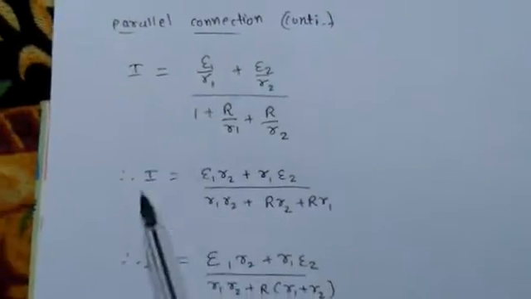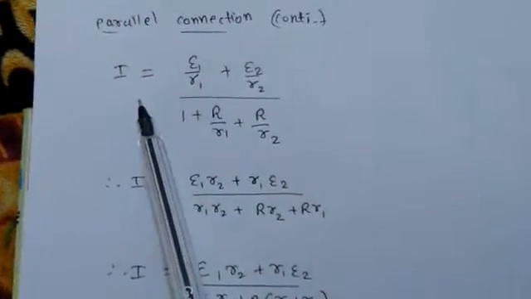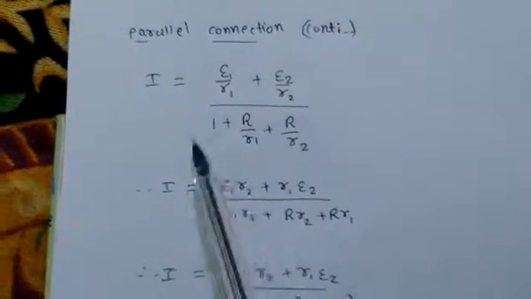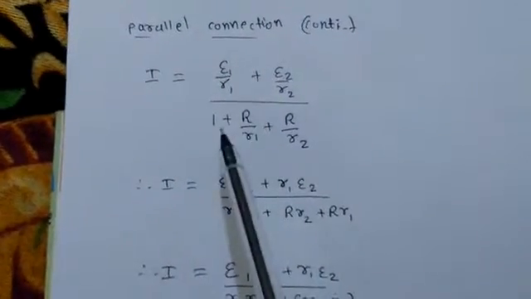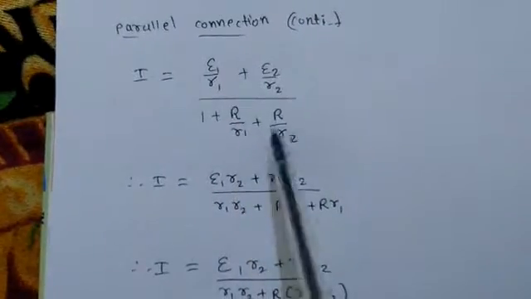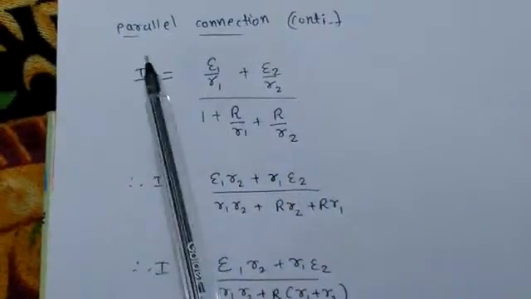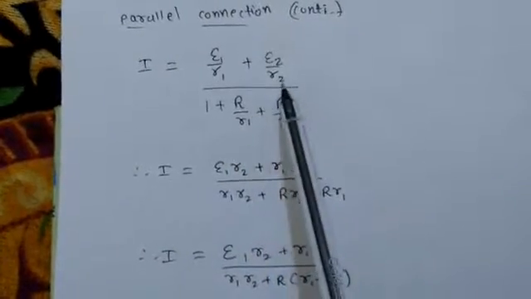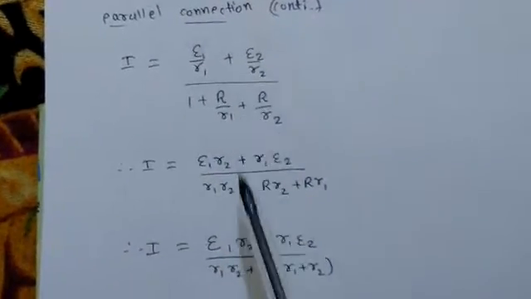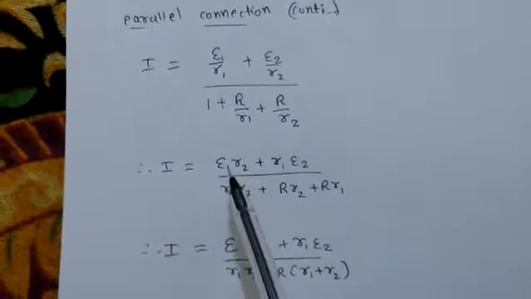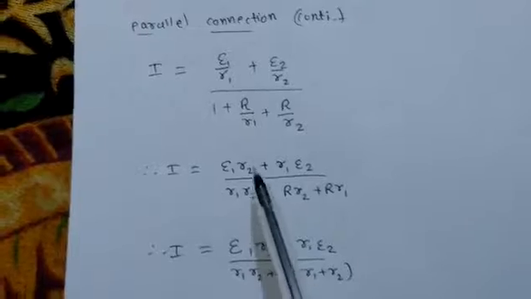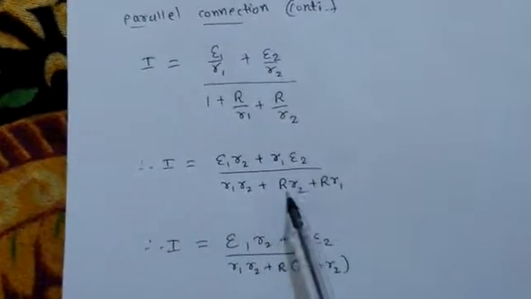Last time we discussed that I is equal to (epsilon 1 upon r1 plus epsilon 2 upon r2) upon (1 plus capital R upon r1 plus capital R upon r2), and that is for the parallel connection. Now we are going to simplify this equation taking the LCM of r1 and r2. So we will reduce it to the equation (epsilon 1 r2 plus r1 epsilon 2) upon (r1 r2 plus capital R